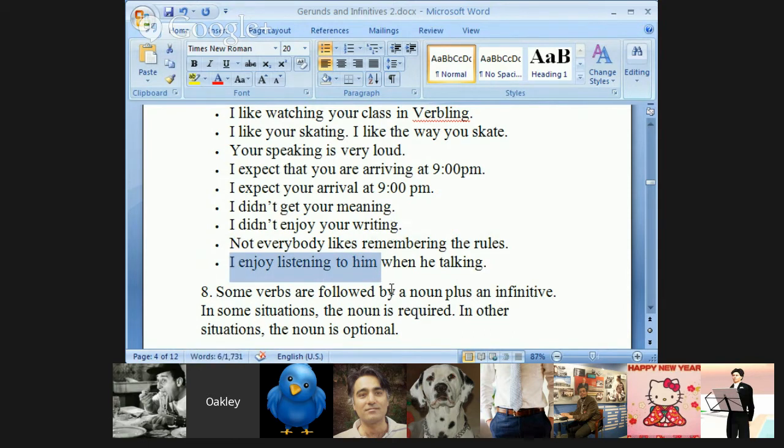This is an independent clause. This is by itself. It could be a simple sentence, and there's nothing wrong with it. I enjoy listening to him. It's a great sentence. Now, the thing is, you're adding a subordinator to create a dependent clause. This is another clause which by itself can't exist. Yeah, I'm making another clause with when.